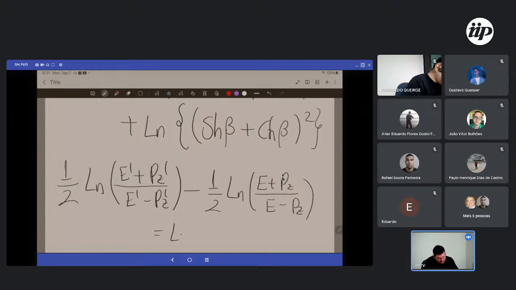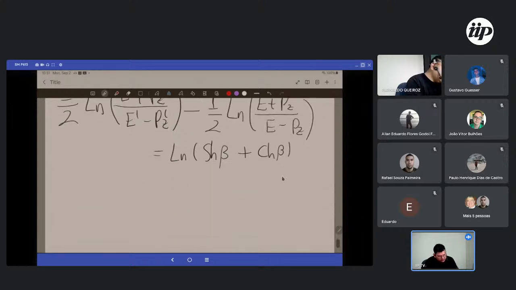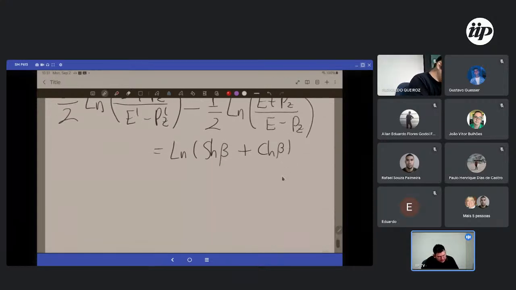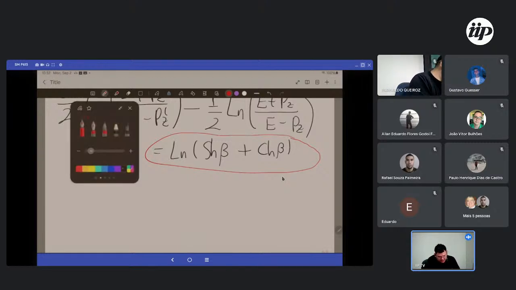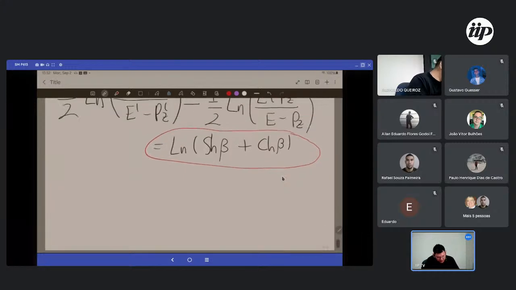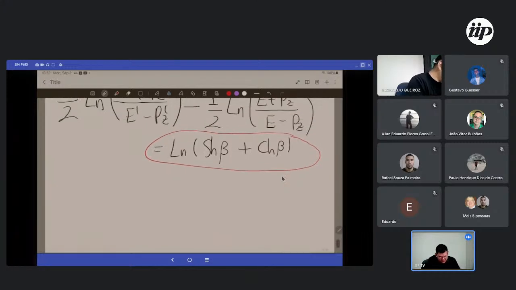That quantity doesn't depend on the boost. So again, we obtain a quantity that is invariant under boost transformation, and we call that expression